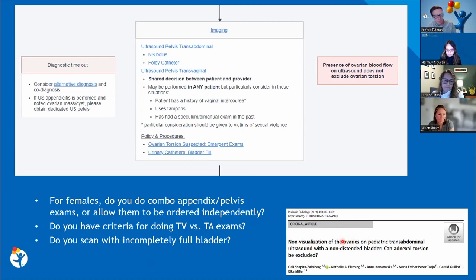If you have an enlarged ovary, you're probably going to see it, even if you don't have a full bladder. So for most of our exams, we still do have a full bladder, but the main thing we've run into is we have one site where we have sonographers on call in the middle of the night who have to come in from home to scan these exams, and they'll get there at 2 in the morning, and the patient says they're full, but they're not really full. And then they have to sit there theoretically for an hour or two, however long, to wait for those patients to fill. So in that instance, I have told the sonographers, do your best to